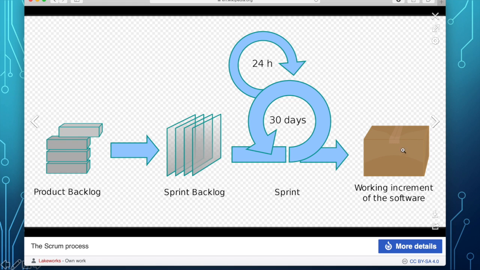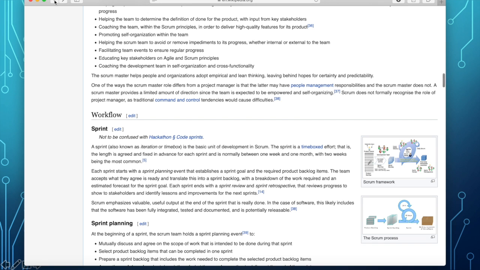So the software is being built by iterations. And after several of these iterations and incremental development, you produce the complete software. So that's Scrum, okay? And Scrum is very popular in software development of today, okay?